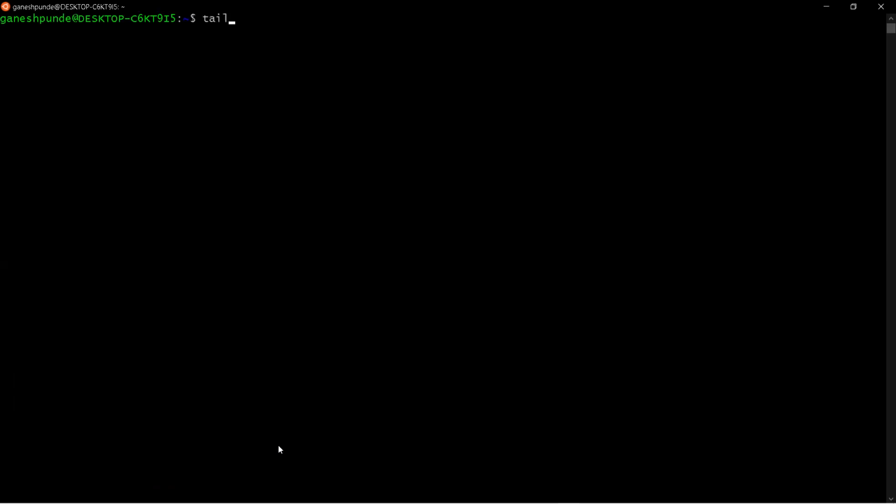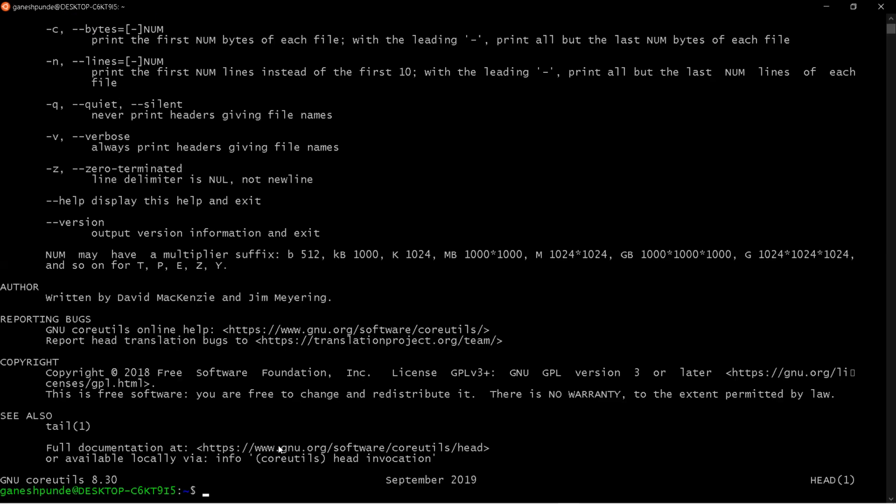Now if I say fourth line, I'm saying -n +4 and the head manual pages. So what will it do? It will show you the content from the fourth line to the last line. You can see it is showing from the fourth line to the last line.